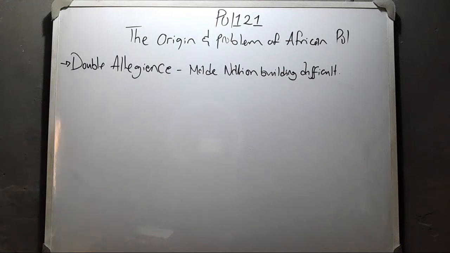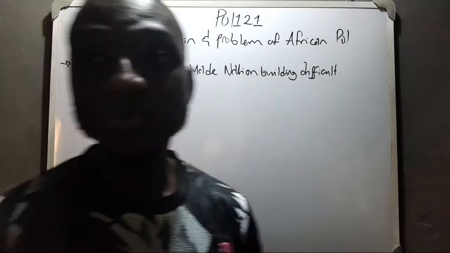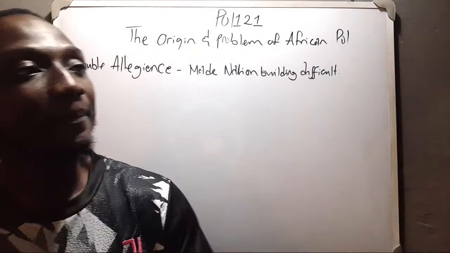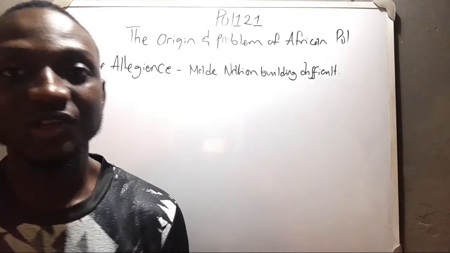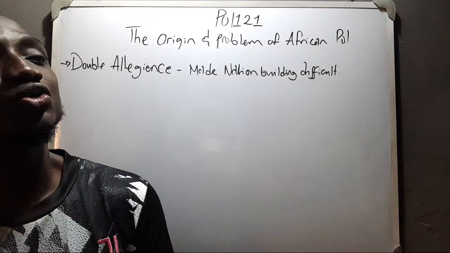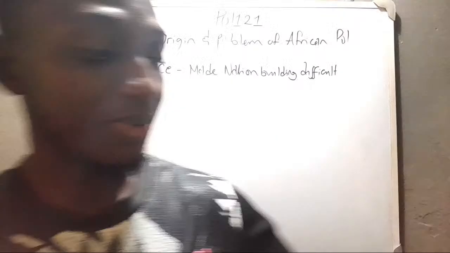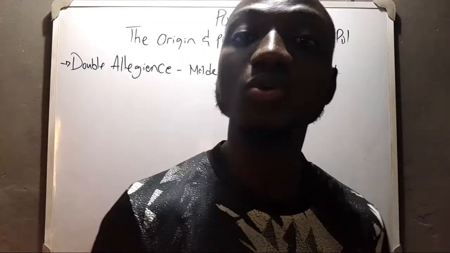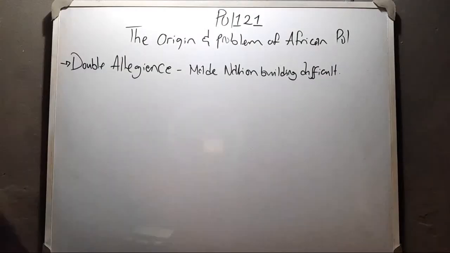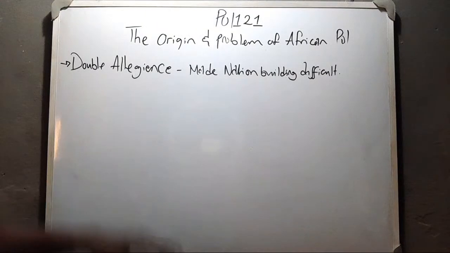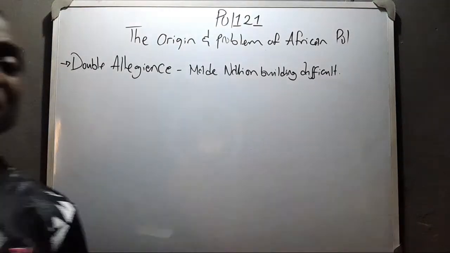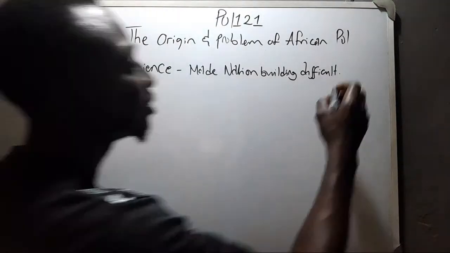It makes people want to be very particular. That's why when a particular person gets to a seat of authority, whereby he has to put everybody in general in mind, he will be very particular about his tribe, his people. And it was not just his people who got him to that position of authority. So nation building becomes very difficult as a result of this ethnicity.